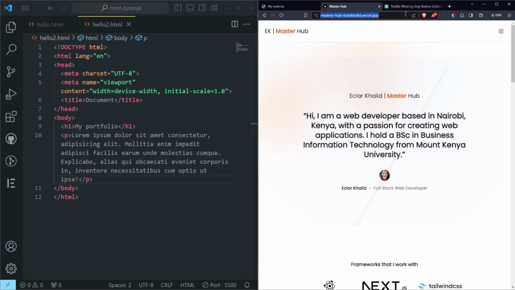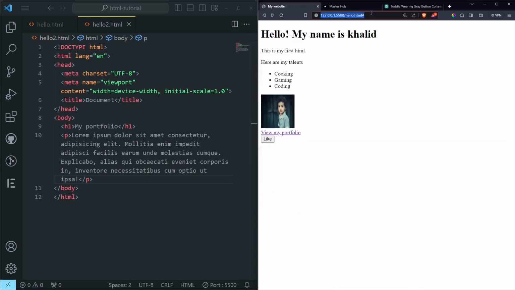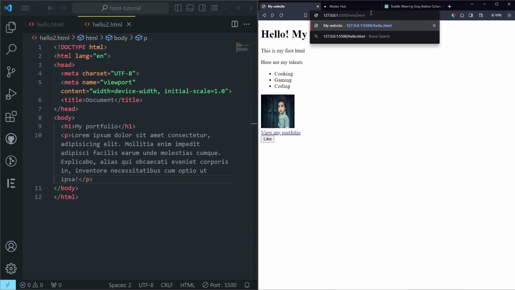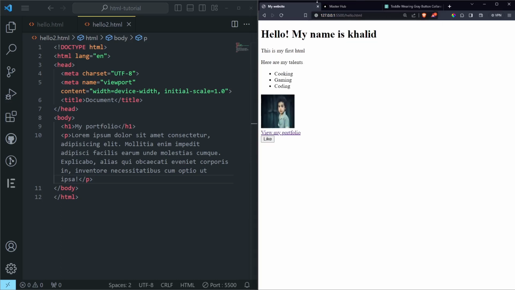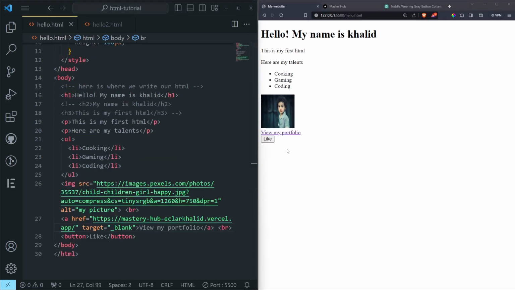And if I come here and change this URL from hello.html to hello2, and then click, you can see we have our page here. But we actually don't want to keep doing that because the users would have to go to the URL here to change the page, so you must do it inside your application. So let's go back to our app, like that, and we want, when they click the view my portfolio, it takes us to